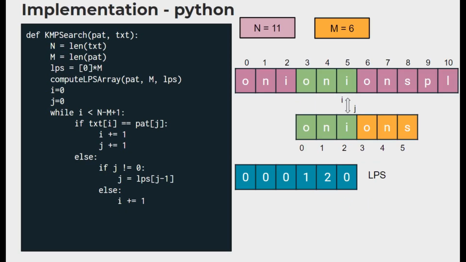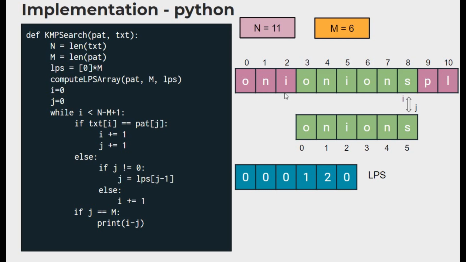Again, coming back to this example, if all the characters have matched, j will be equal to m, the length of the pattern. We have progressed until the end of the pattern. So if that is the case, we now have to print what is the occurrence. 3 is the starting index, right? We only know I is 8 and j is 5. So we just have to print what is I minus j.